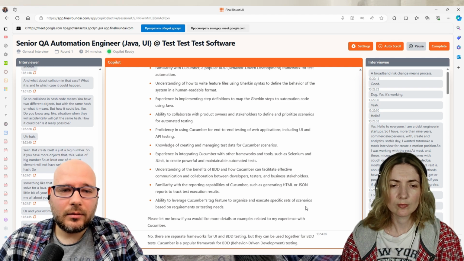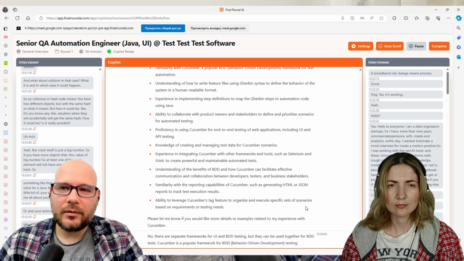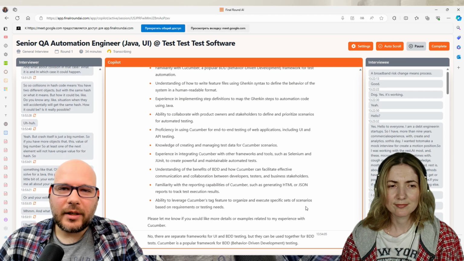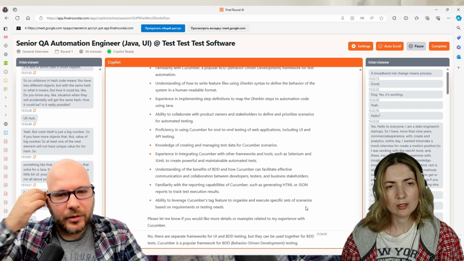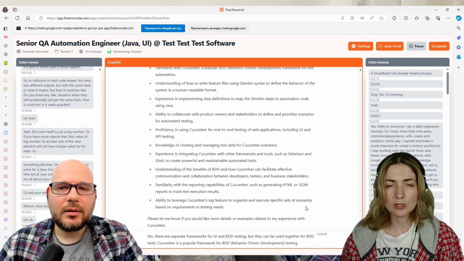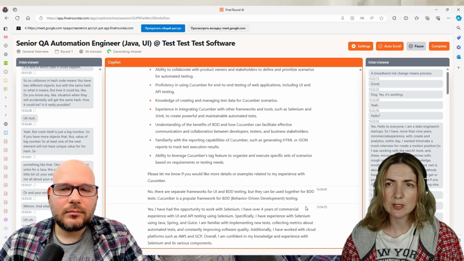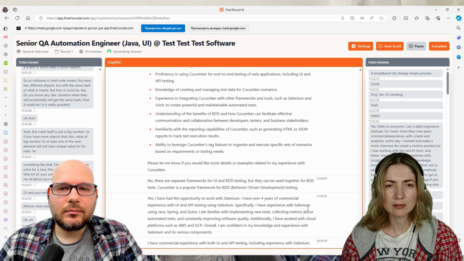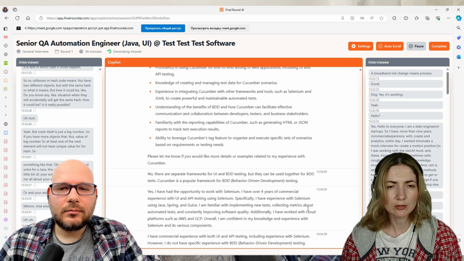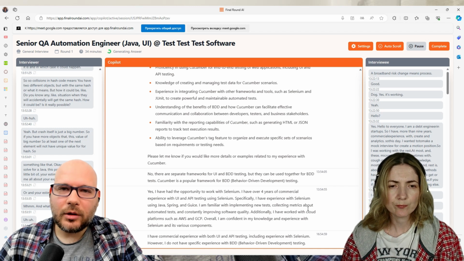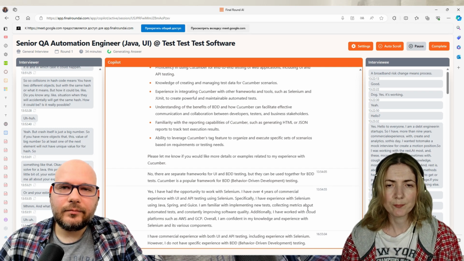Okay, and did you have a chance to work with Selenium or any wrapper without BDD, or do you have only BDD experience? Not only BDD. When you say Selenium wrapper, maybe you mean Selenide or something else? Did you work with Selenide or other? Yes, I was working with Selenide, yes.